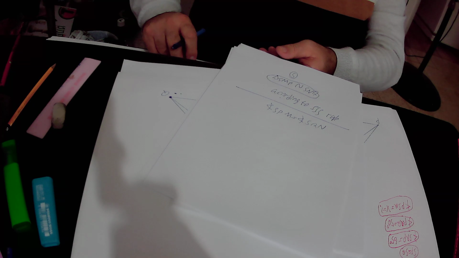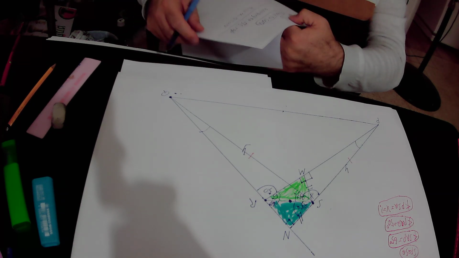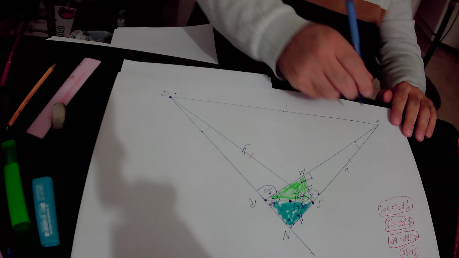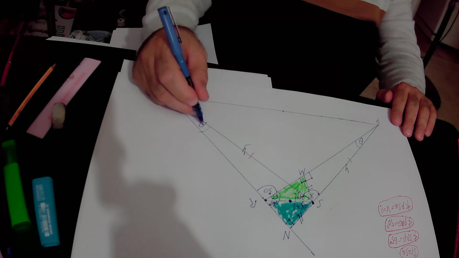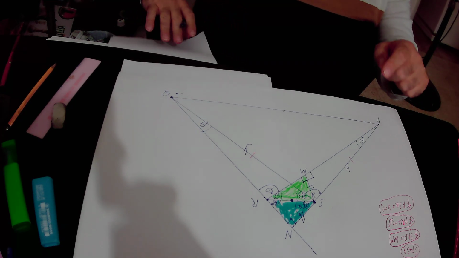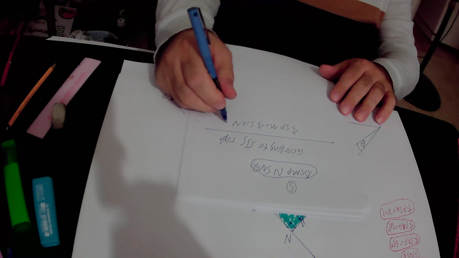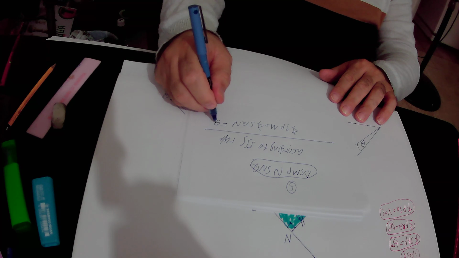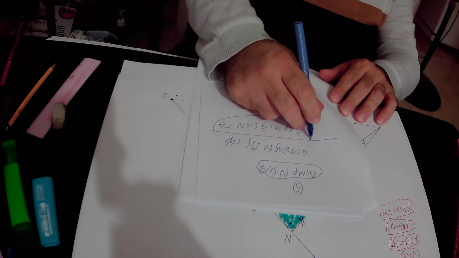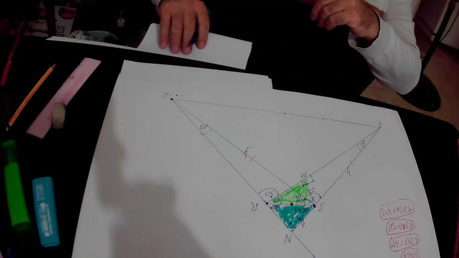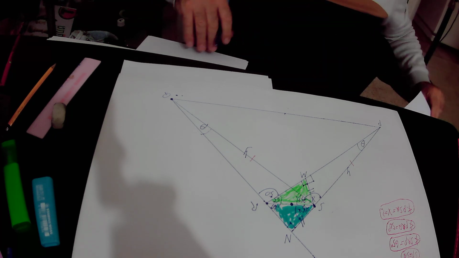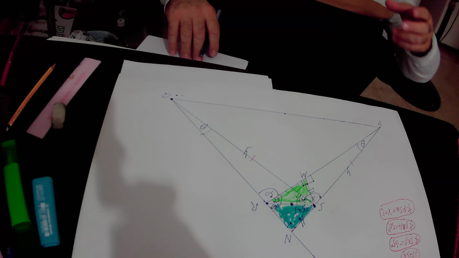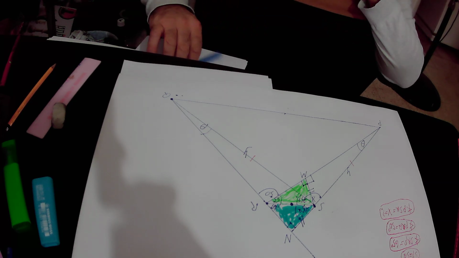Angle SPM is equal to angle SQN, and if we define angle SPM as theta, then angle SQN will also be equal to theta because those two angles are equal to each other. So actually angle SPM is equal to angle SQN, and both angles are equal to theta according to our definition. Okay? So in the next step, I will present to you rule number 2, and we will implement rule number 2 in our drawing. Rule number 2 states that